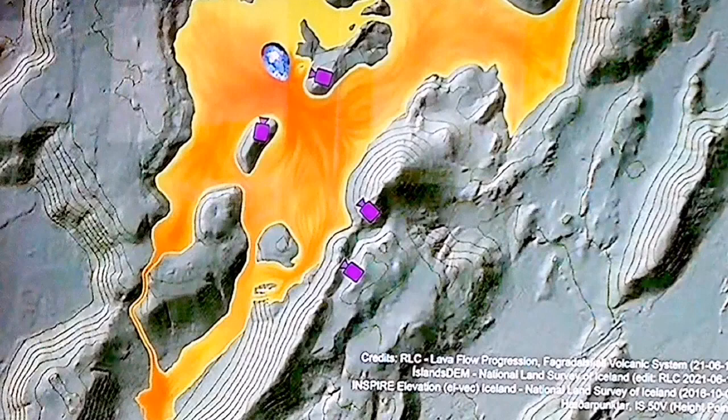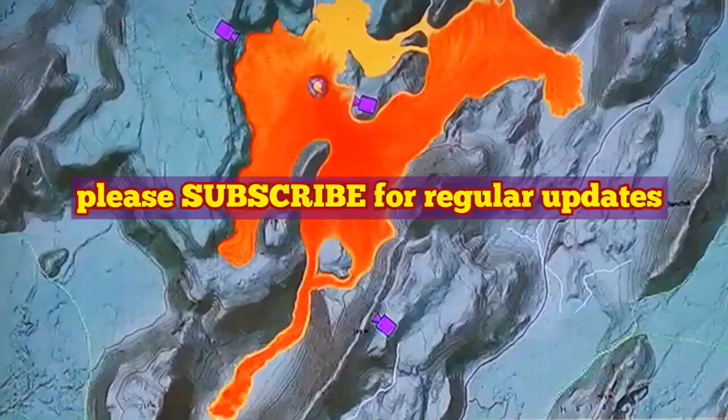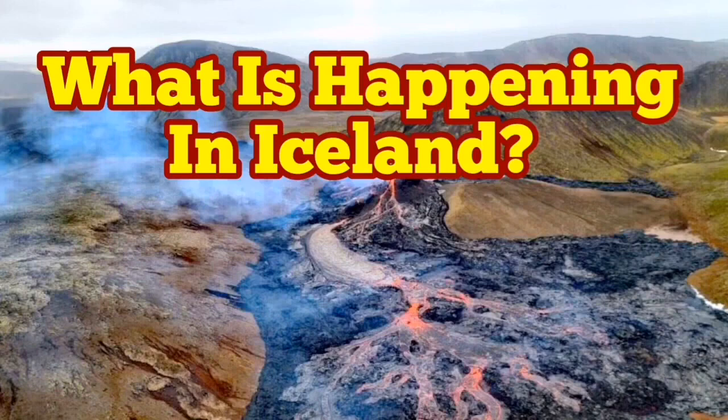This is good because we can actually go and see it. Of course, the land mass is being created, but at the same time, the access roads are beginning to become limited. As you can see, the cameras here that we have in Iceland are now surrounded by lava. The maintenance of them is only done by